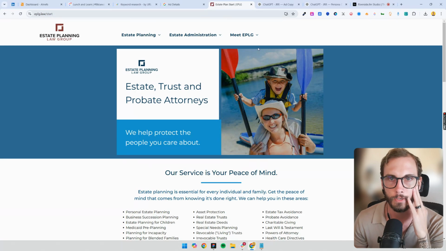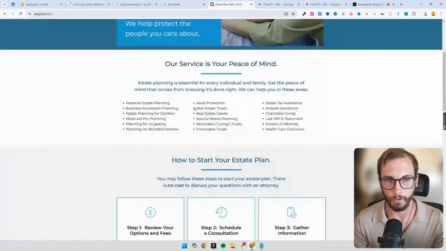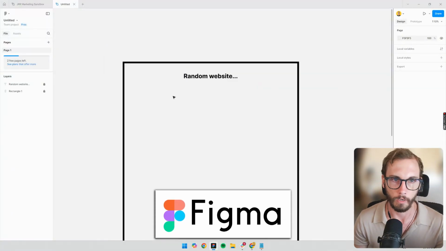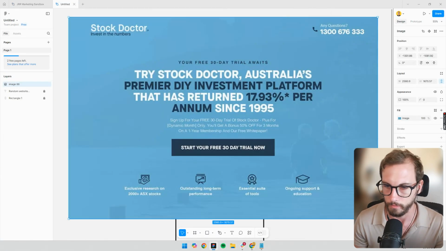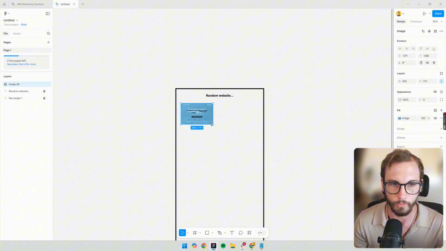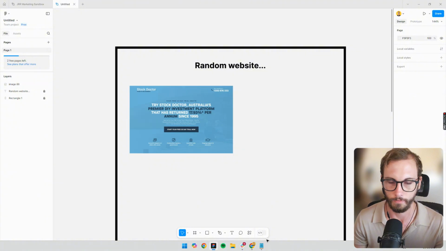Let's do this now. So let's say, for example, we want to beat this landing page with a better landing page. So what we could do, right, is open up Figma, and we're just going to start out with a quick hero section. So if we've got a video, that would be great. But if we don't have a video, let's just do something like this. Let's go here. Okay, we might do a section like this, right? So what we'll do is we'll try to build it for SEO at the same time as conversions.